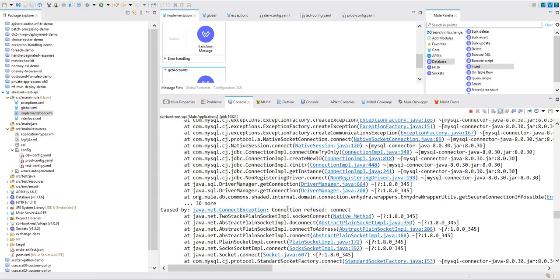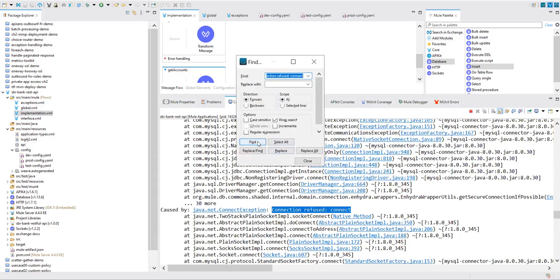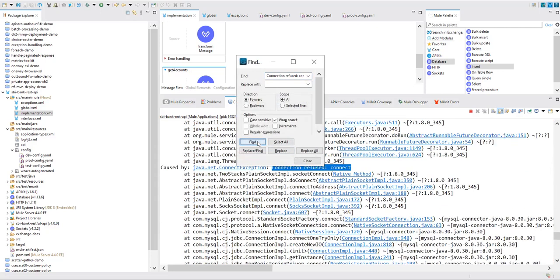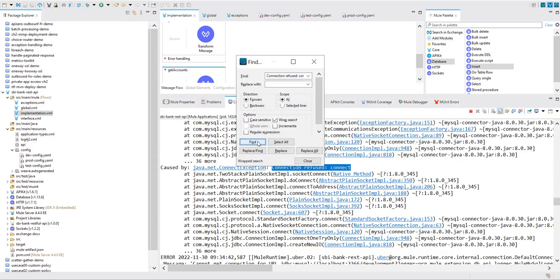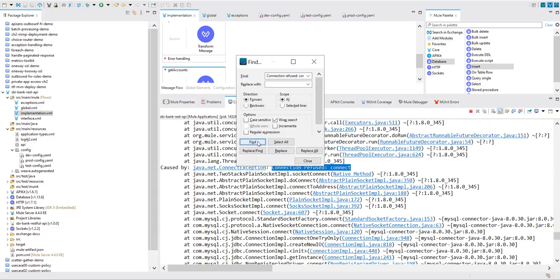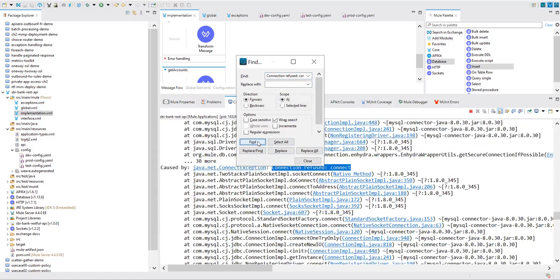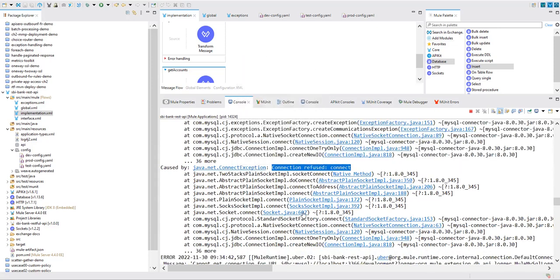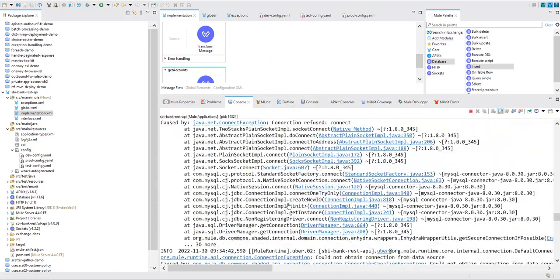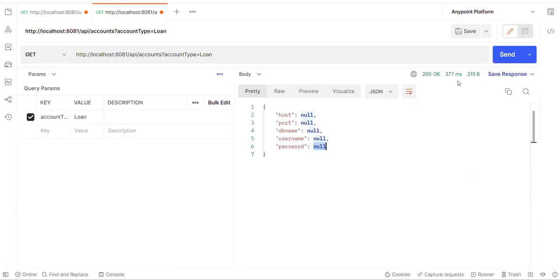Okay. Connection refused. If you see, it's automatically reconnecting. Control C, Control F. Find 1, 2, 3, 4, 5. 1, 2, 3. Yeah, 3 times. Okay, but it deployed. Now, if I go ahead and trigger this,